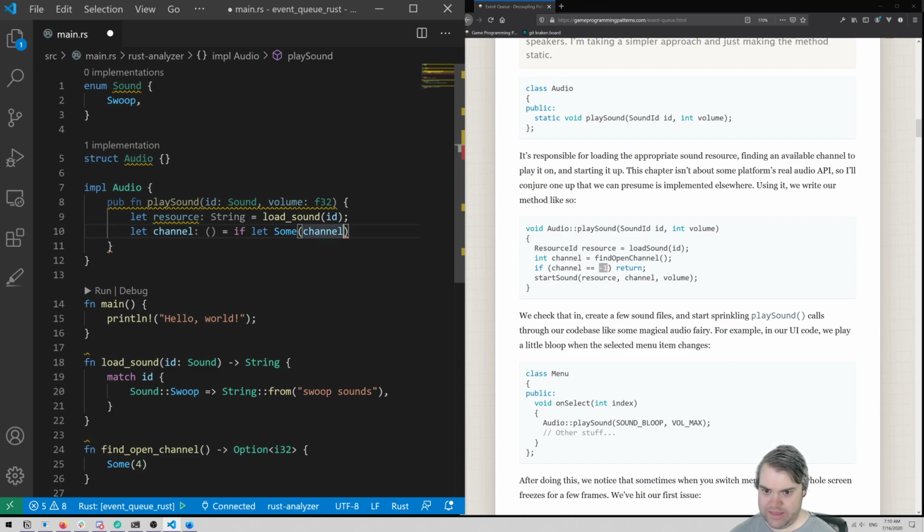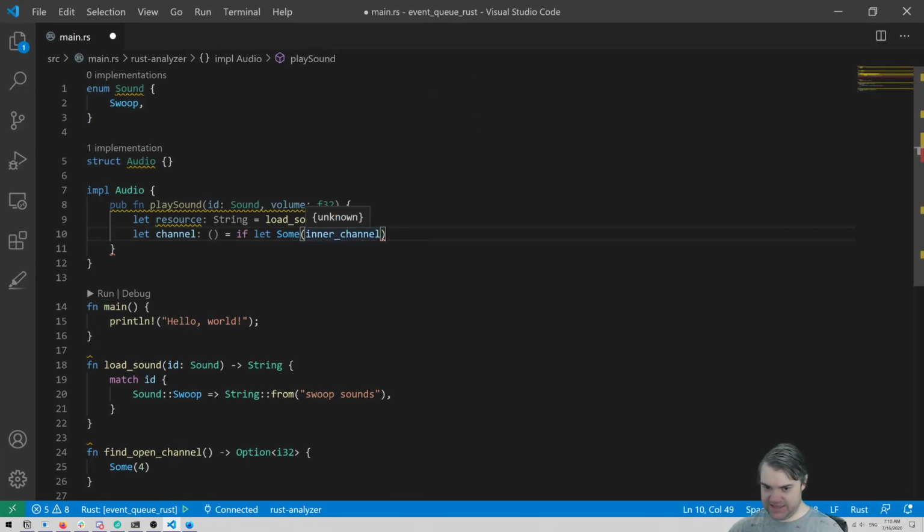I know that's maybe a little bit hard to read. We could just do, I mean, inner channel. That way it's easy to see how the scopes are separate from each other, because I could just use the exact same variable and it would still work the same because they're in different scopes. So if let Some inner channel equals, and then the thing we're doing, which is calling find open channel. So the result of this,